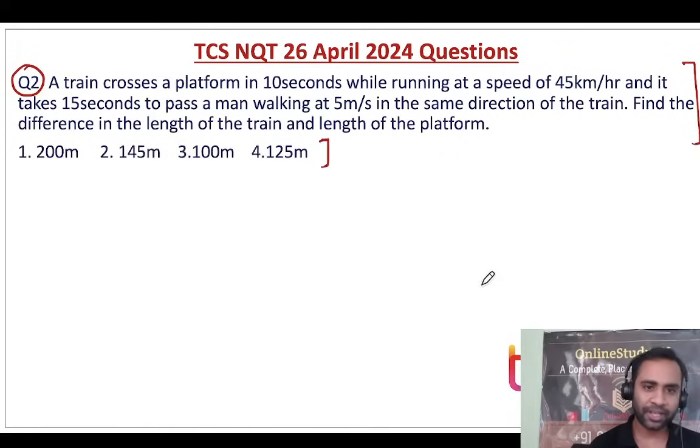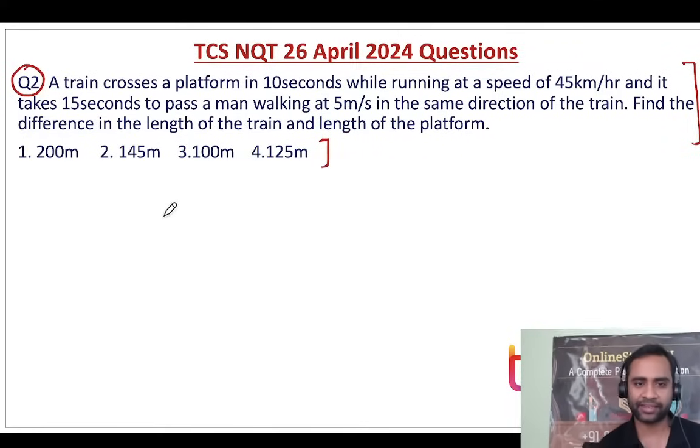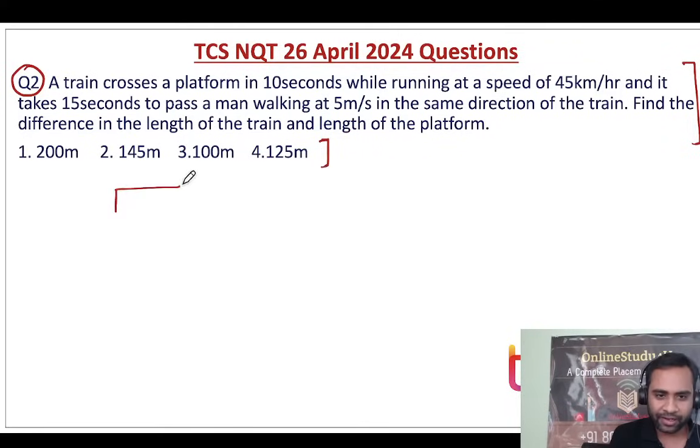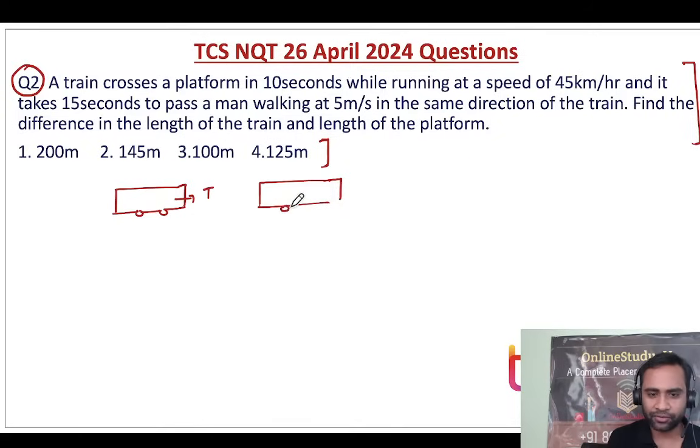Now, a train crosses a platform in 10 seconds. So let us have a train here. It crosses a platform in 10 seconds. This is the platform. The length of the train is T and the length of the platform is P. The speed of the train is 45 kilometer per hour.